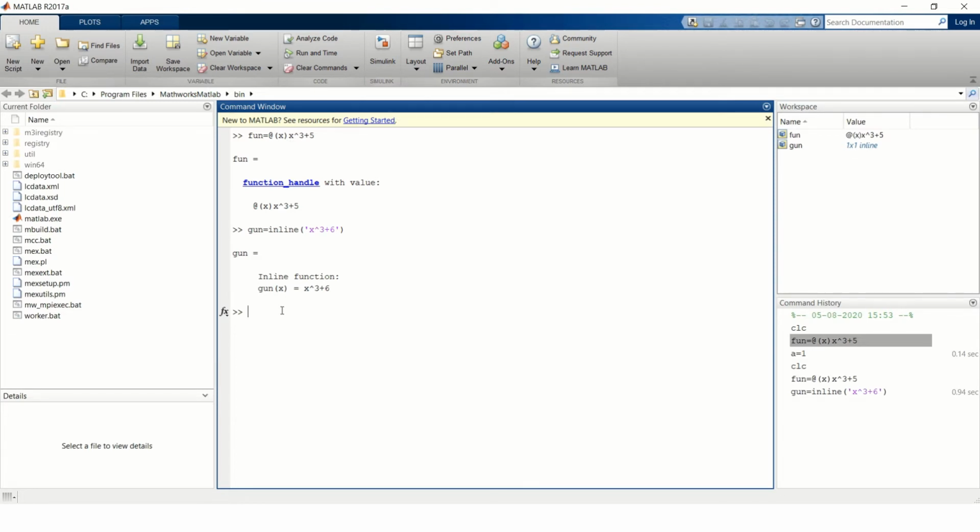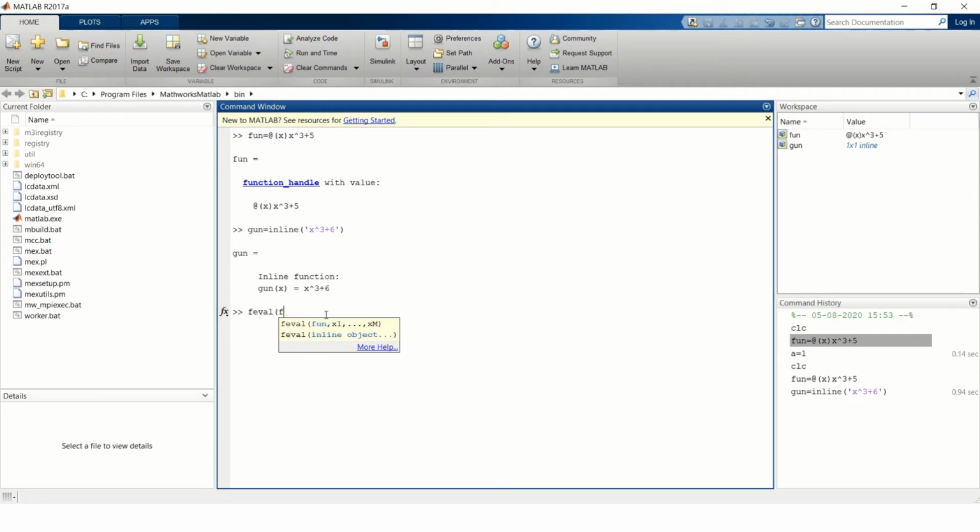Now the second part: if you want to evaluate that function, meaning you want to enter the value of x into the given function, how to put it. We have again two options. The first option is feval, evaluate a function, then parenthesis. First we need to provide the name of the function.